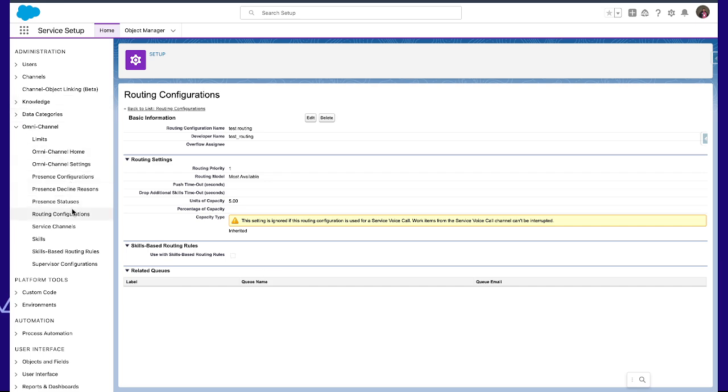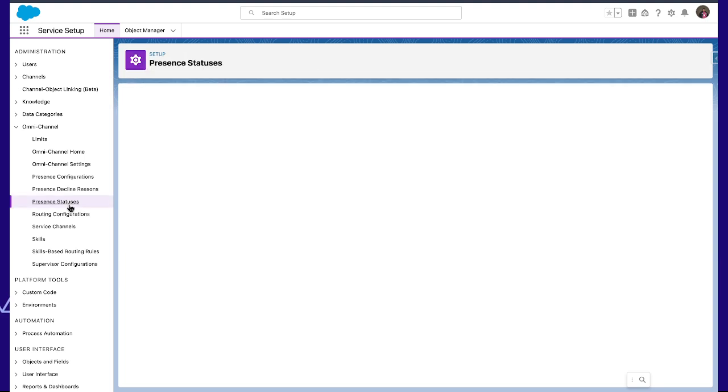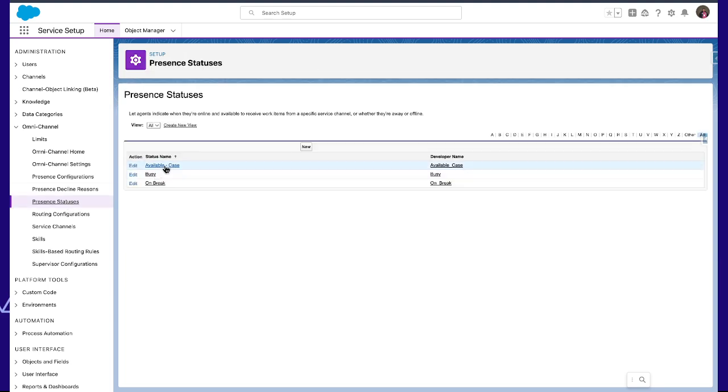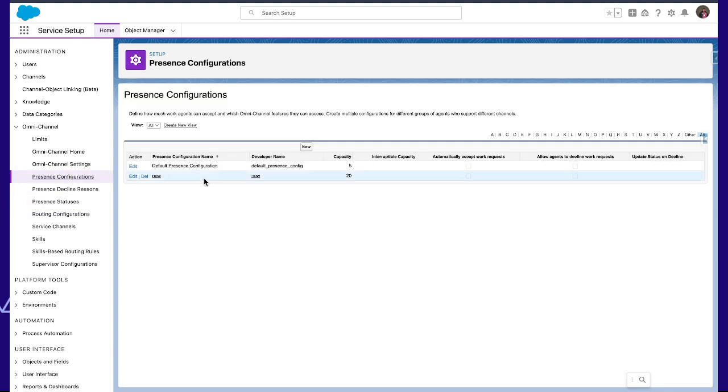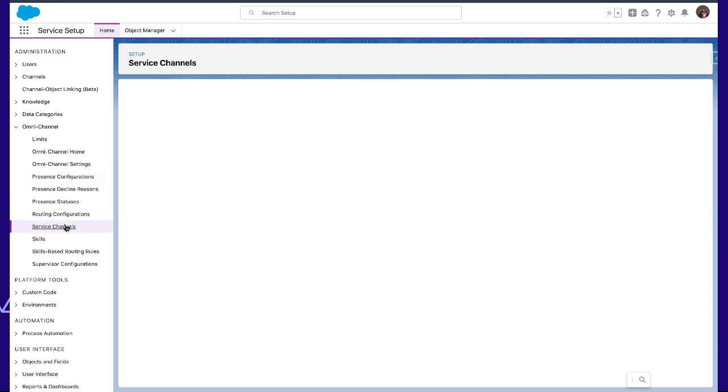After that we have to create presence statuses. Here I already created available, busy, and on break statuses, and then we have to create a presence configuration. In this also we have a default. If we don't create a presence configuration, the default presence configuration is already assigned to every profile we are using. Now we have to create a service channel.